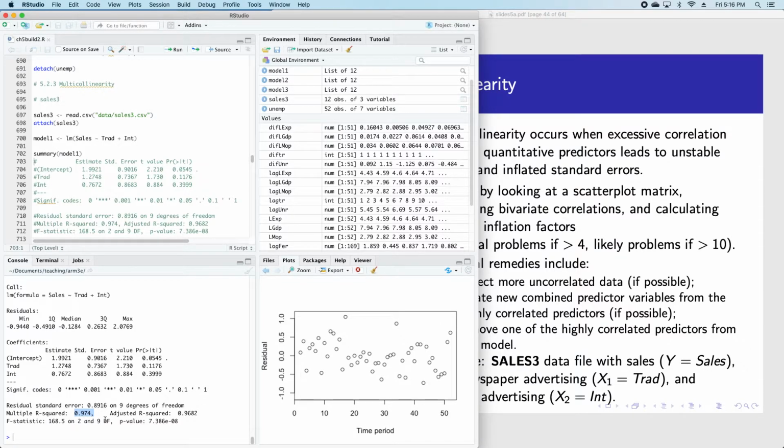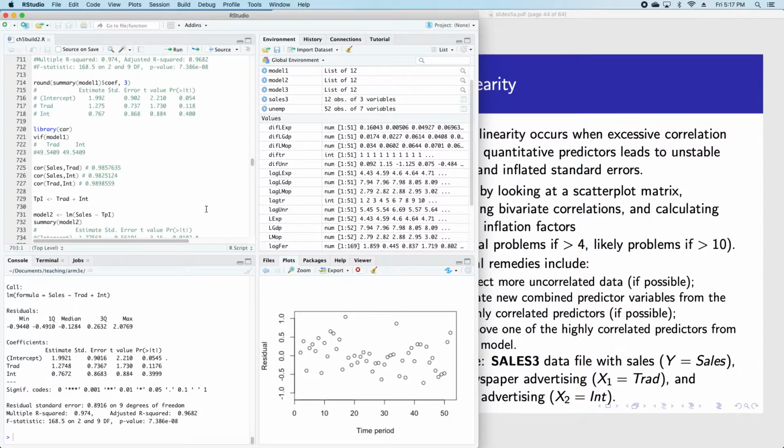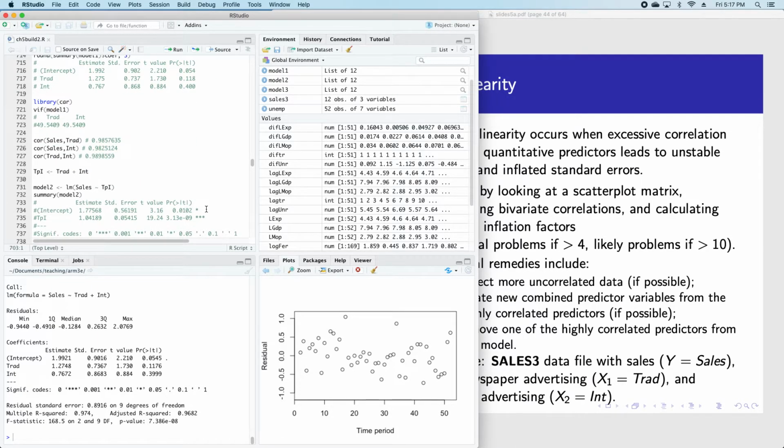So this model can explain 97.4% of the variation in sales, yet neither predictor is significant. So this is a little bit strange. So what's going on? Well, if I look at,